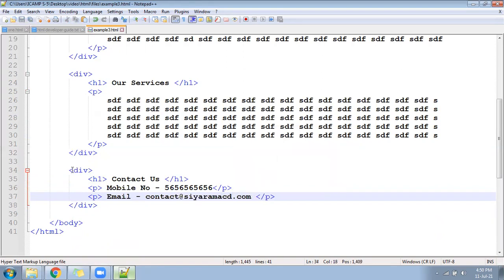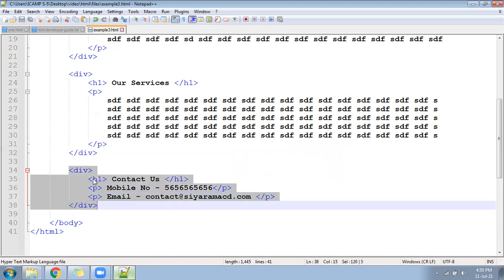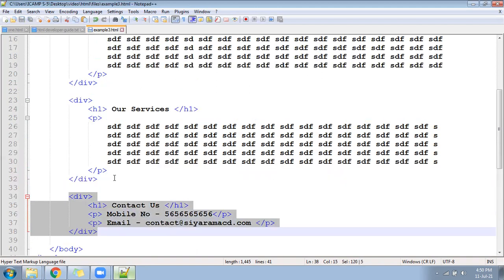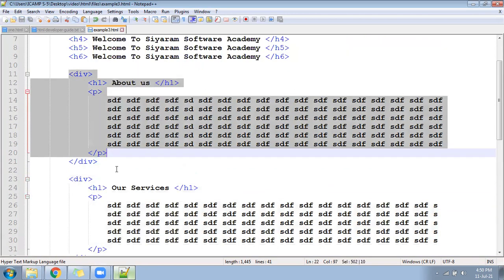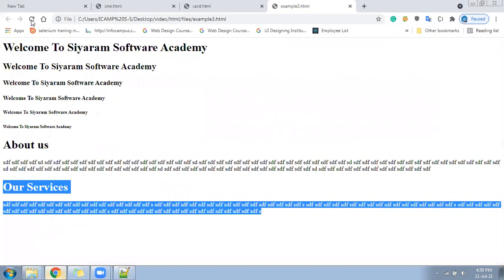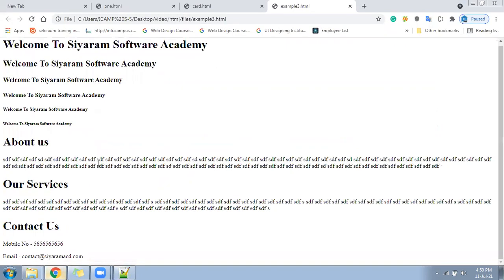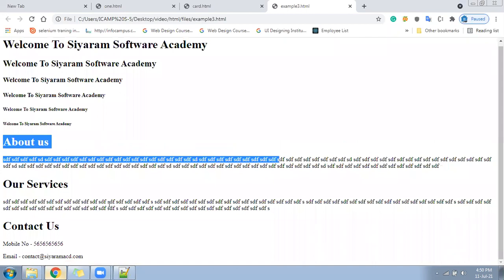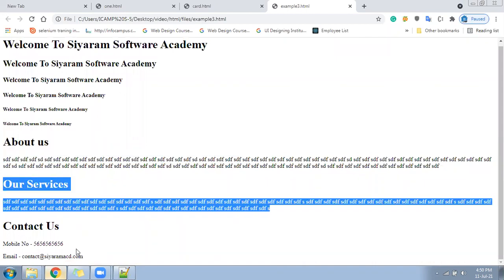So you saw here one division for Contact Us, one division separate for Our Services, one division separate for About Us, right? So with the help of division, we divided the page into multiple blocks. Let me go to the browser and show you. See, this becomes About Us, this becomes Our Services, and this becomes Contact Us.